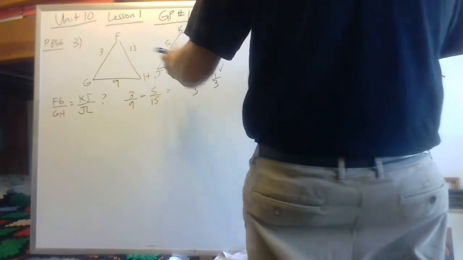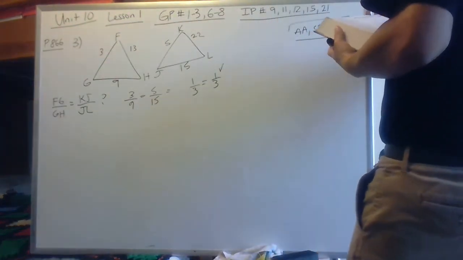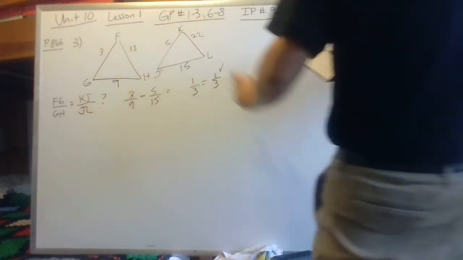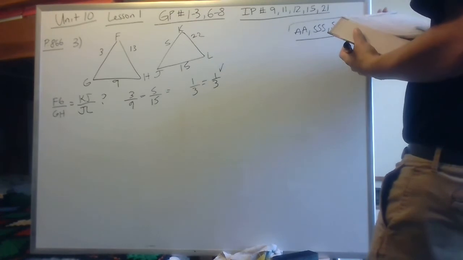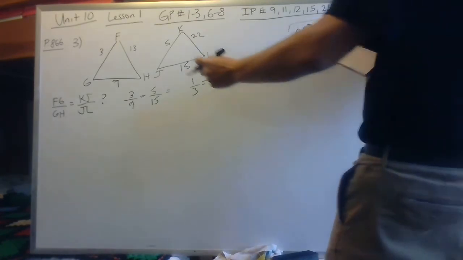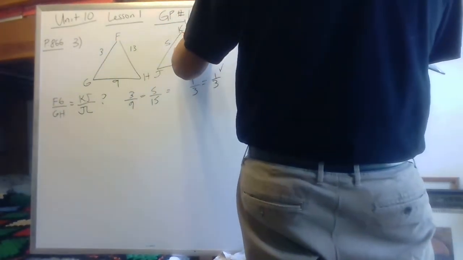So these two side lengths are similar because they have a 1/3 ratio. However, we're looking for angle, angle, angle, side, side, side, or side, angle, side. So since we're not given an angle, we have to test the ratio of the last